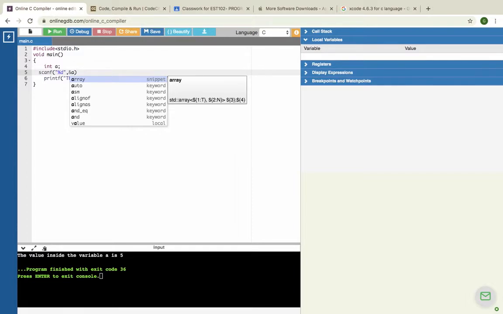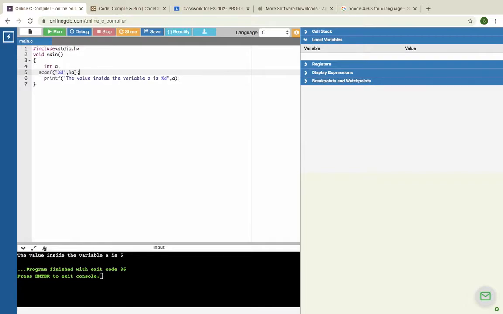So when you use a scanf statement, and if you are going to read integer or floating values, you have to give the ampersand symbol before the variable which is getting stored, and then you have to end the statement with a semicolon. So now you can see that in my program, first I am declaring a variable a, and then I am going to read a value from the user, and that value will be read from the keyboard. Once the user enters the value, that value will get stored in the variable a, and here you are specifying the format as %d. That means the value that you are entering should be an integer value,